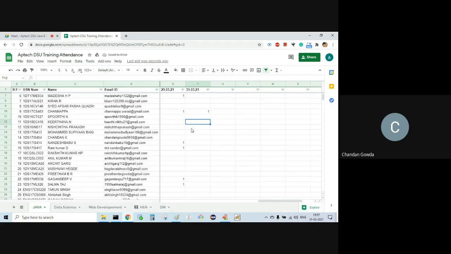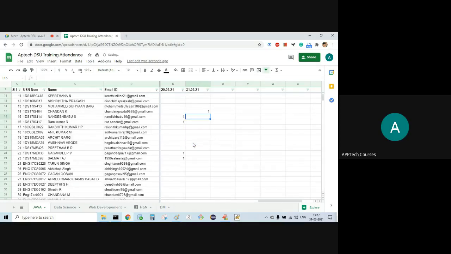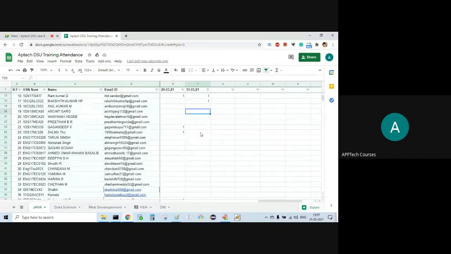Kirtana, Nishita Prakash, Mohammed Sufyan, Chandan K, Nandish Babu, Ram Kumar, Rakshit Kumar, Anil Kumar, Archit Garg, Vaishnavi Hegde.